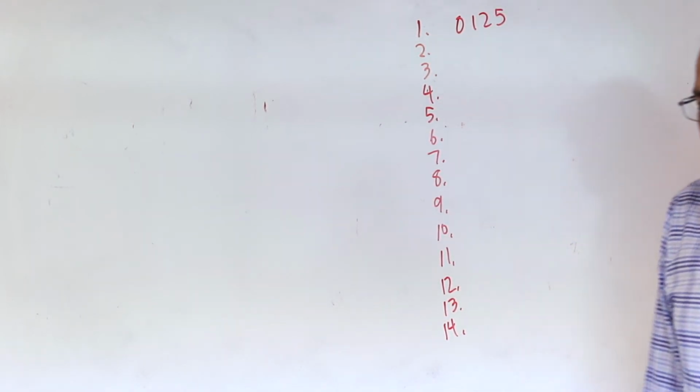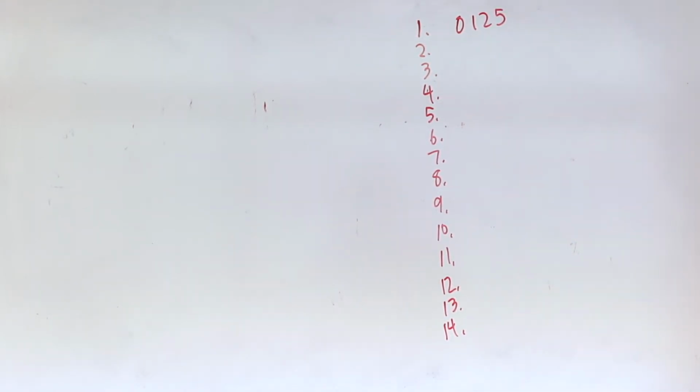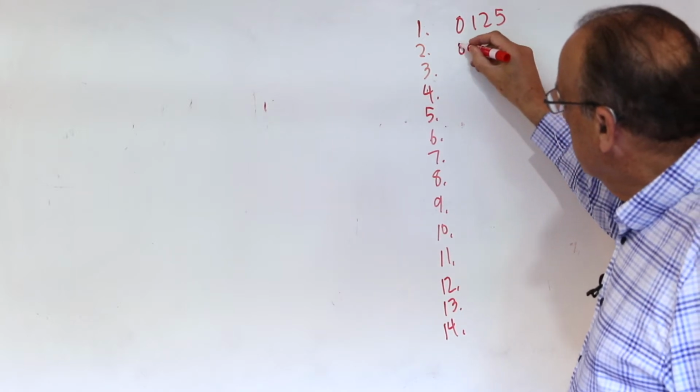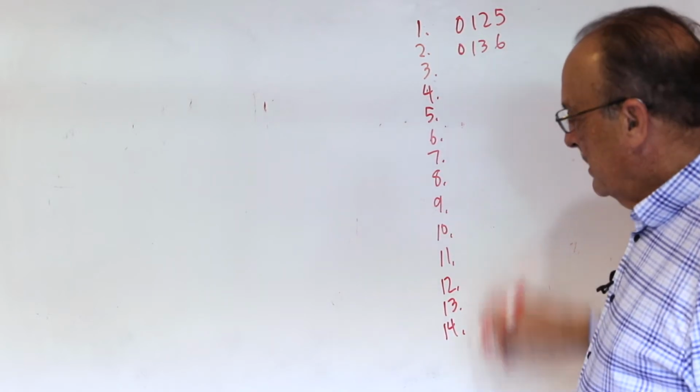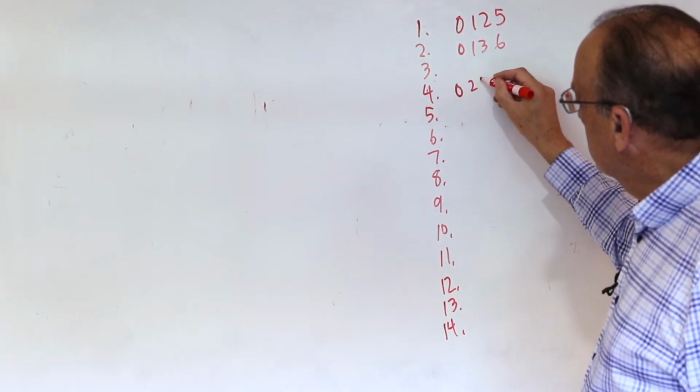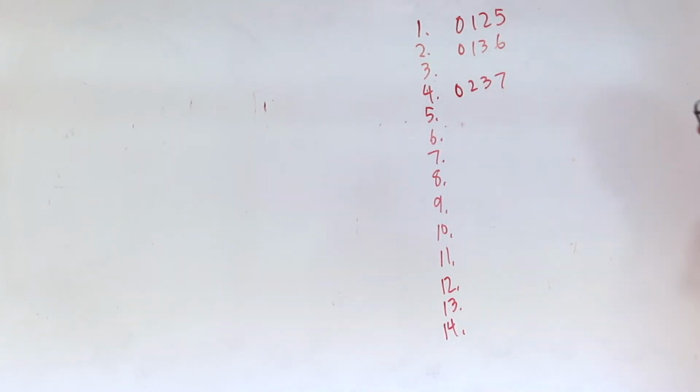And I have 8 colors, so I'm going to be using the numbers 0 through 7 to represent the 8 colors. And suppose my next quadruple is 0, 1, 3, 6. And my next quadruple is 0, 2, 3, 7. So actually this will give me